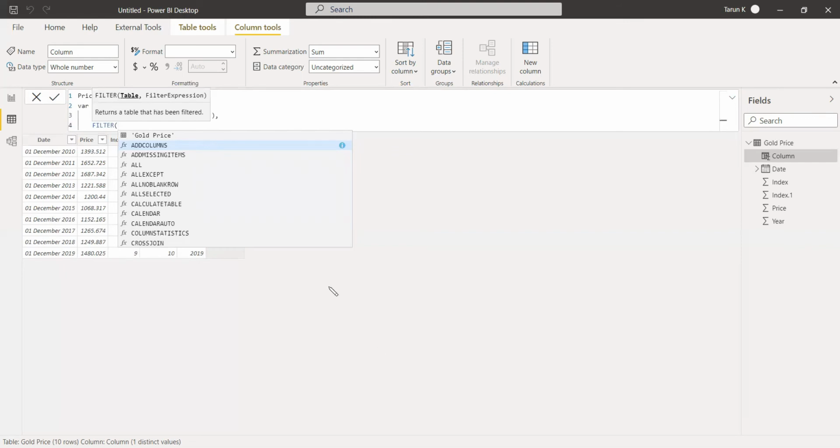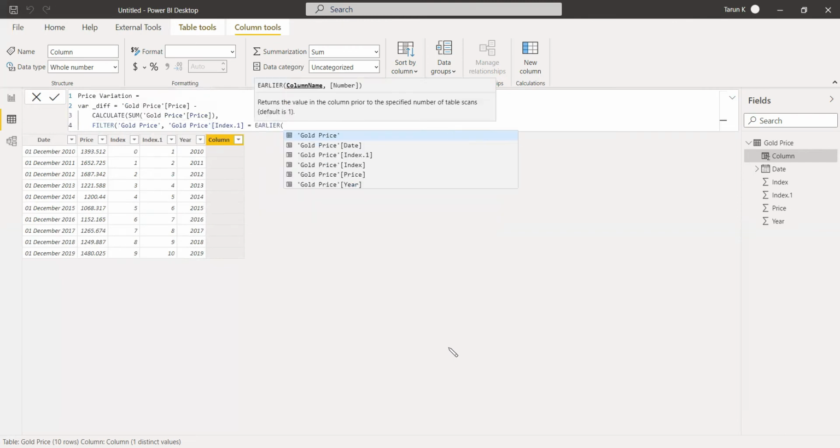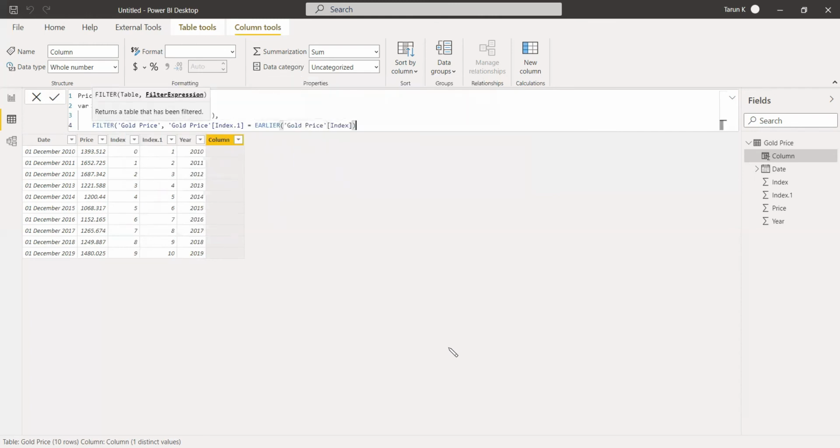So filter first is the table gold price, and next is gold price dot index, index 1, equals earlier gold price dot index.